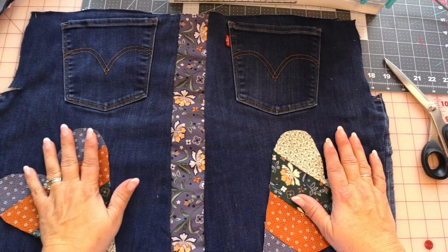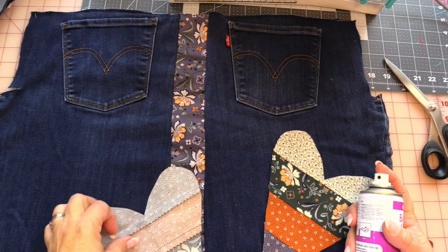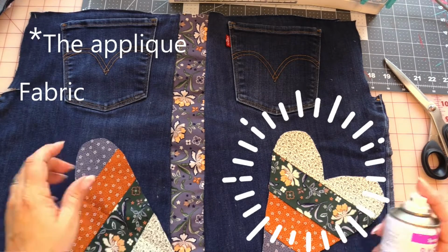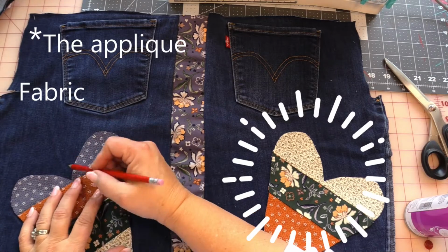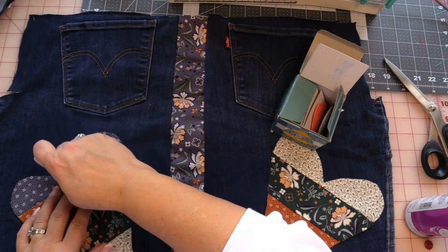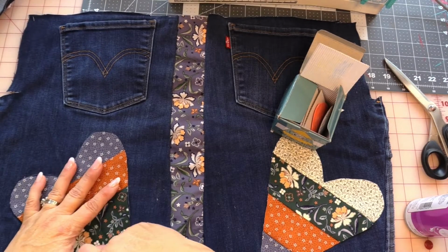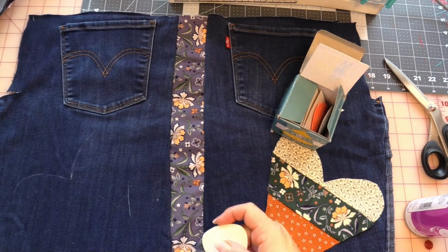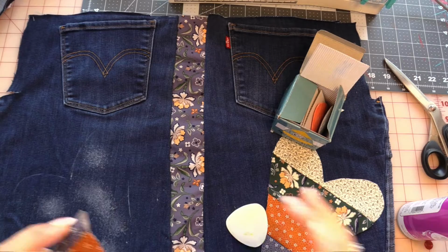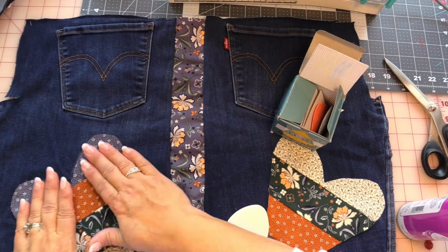And I'm not going to finish these edges. Just not happening. All I'm going to do is take some adhesive spray. I don't normally spray directly onto fabric because I've had it bleed through before, so I'm going to trace. All I need is just kind of a basic, this is where it goes kind of thing. Okay, perfect. And that should just kind of hold it in place while